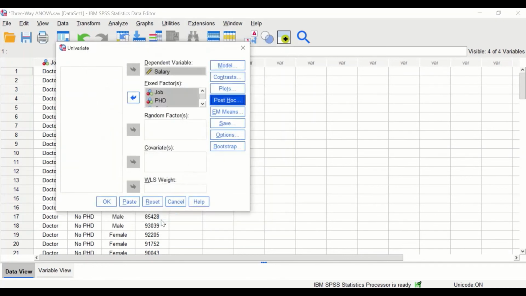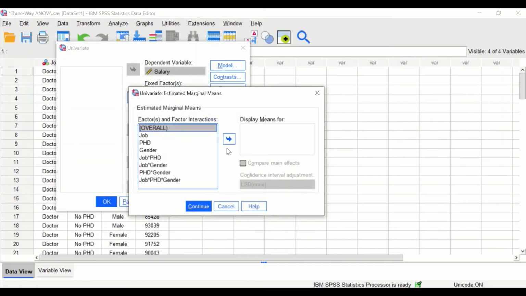Click on Continue. The post hoc test will look at all possible pairwise combinations between 2 groups and determine whether there is a difference in the mean and whether there is a significant difference between these 2 groups within the job factor. Click on estimated marginal means and select all the